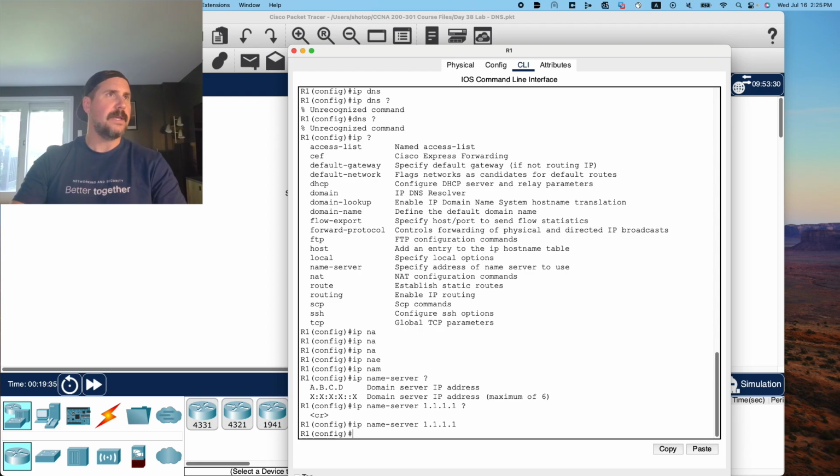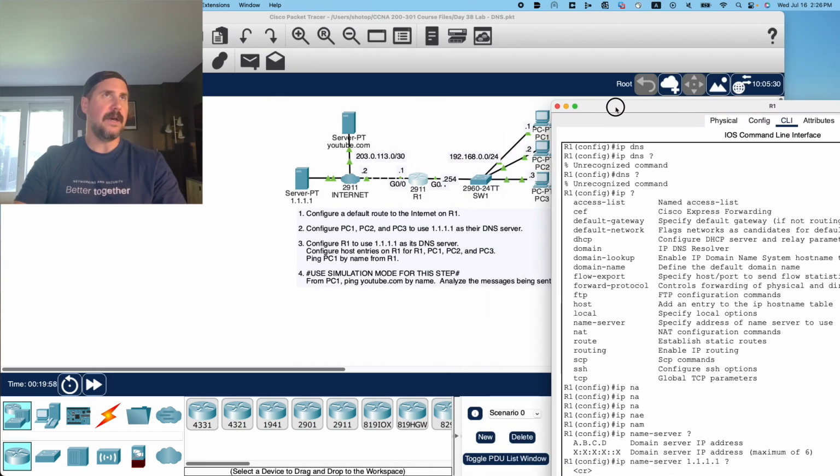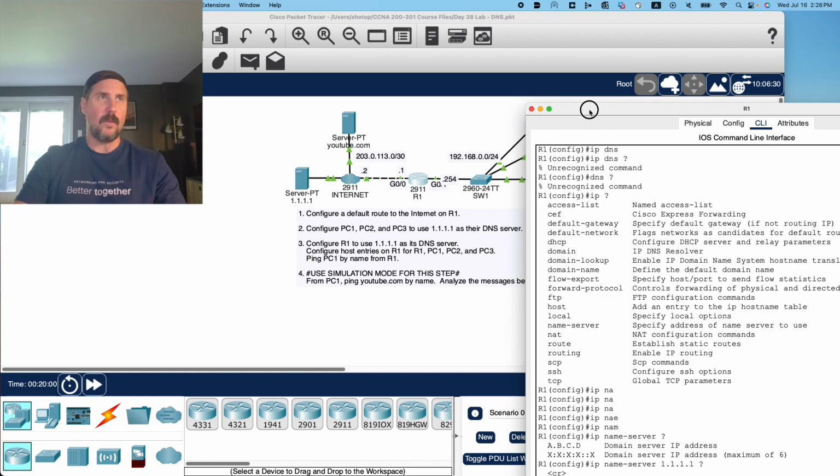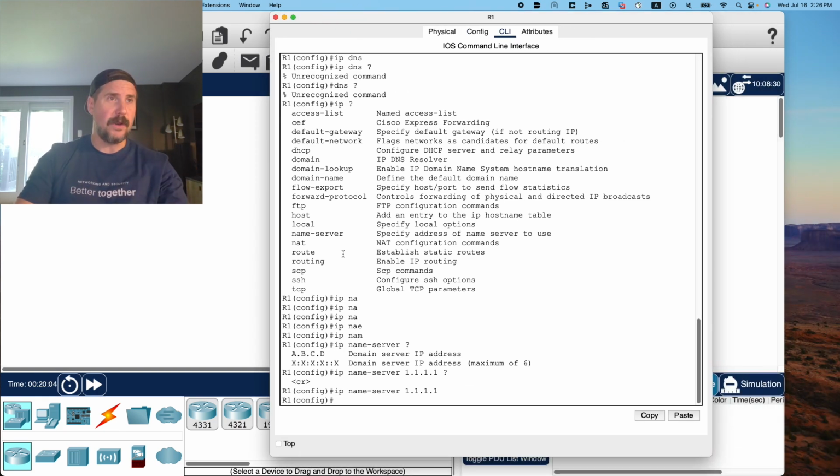And yeah, okay, so we have configured R1 to use 1.1.1.1 as its DNS server. Okay, so now I should be able to ping youtube.com, and I should be able to successfully do that. It resolves to the address using the 1.1.1.1 DNS server. All right, configure host entries on R1 for R1. Okay, so